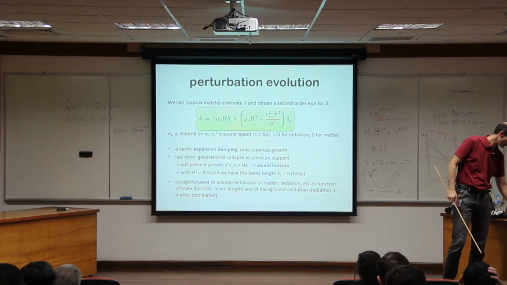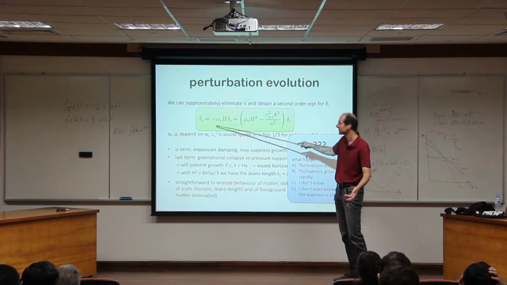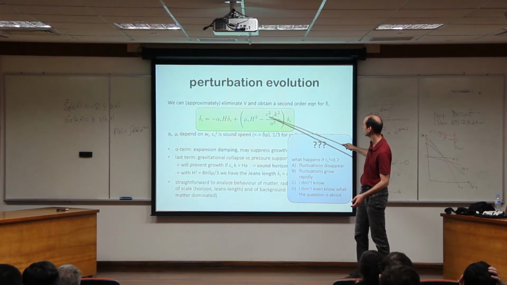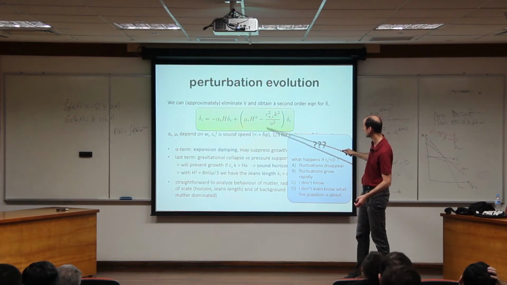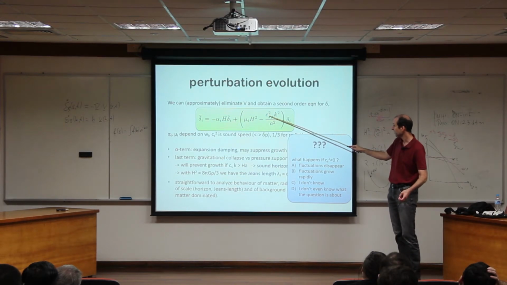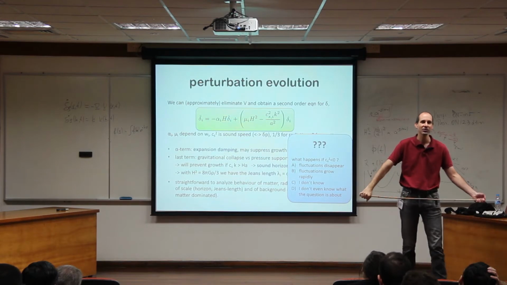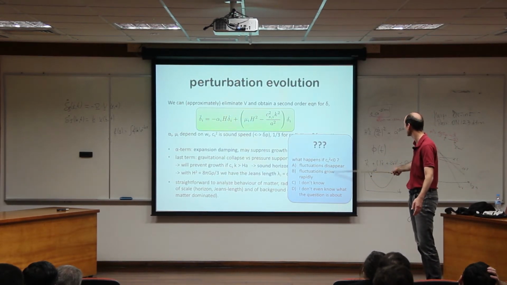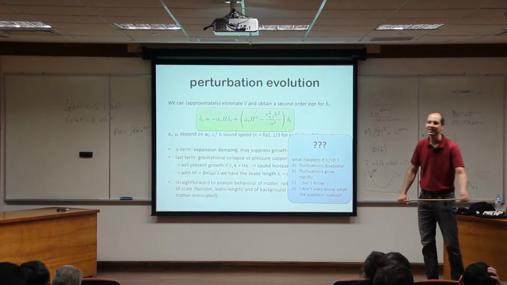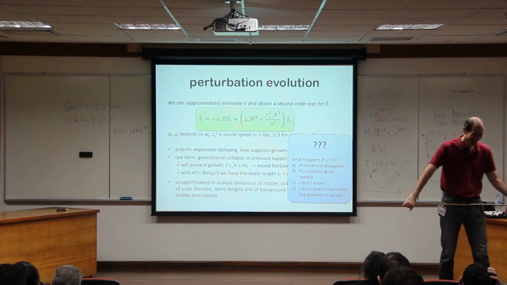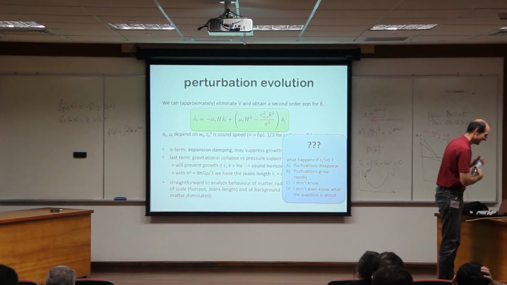And that's a little question now. If now you try to invent, so this applies to any material, depending on the CS squared, I should say, this is effectively delta P over delta rho. So if your favorite model has a negative CS squared, is that the problem or not? So what do you think happens if CS squared is negative? Do the fluctuations disappear? Do they grow rapidly? Or I have no clue. Okay, I'll give you 2 seconds to think about that.